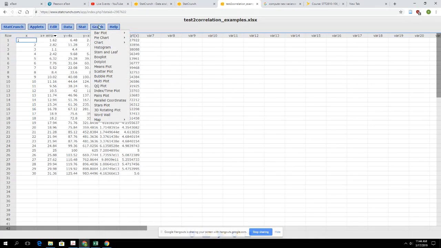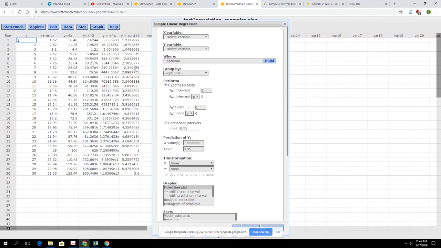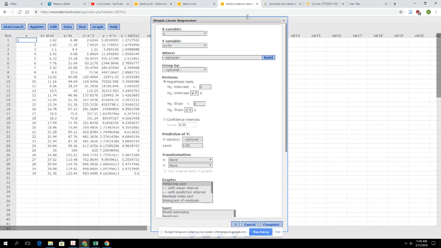I'm going to skip the scatter plotting step because this is kind of simulating a test. In general, I'm not going to give you data sets that you have to confirm are linear before you go forward. So I'm going to go straight to calculators. No, I'm going to go straight to stat, regression, simple linear. And I'm going to start with just x versus the y equals 4x variable. And so if I do that,